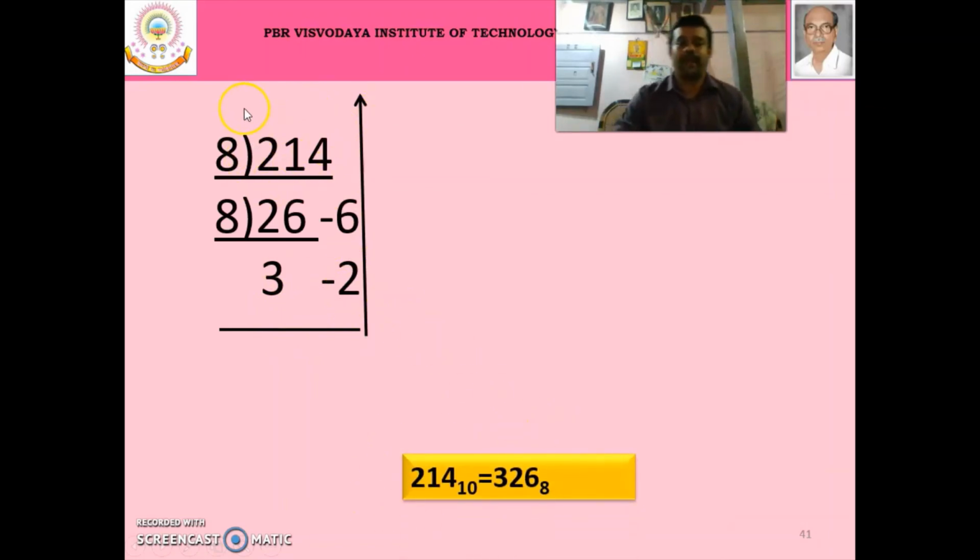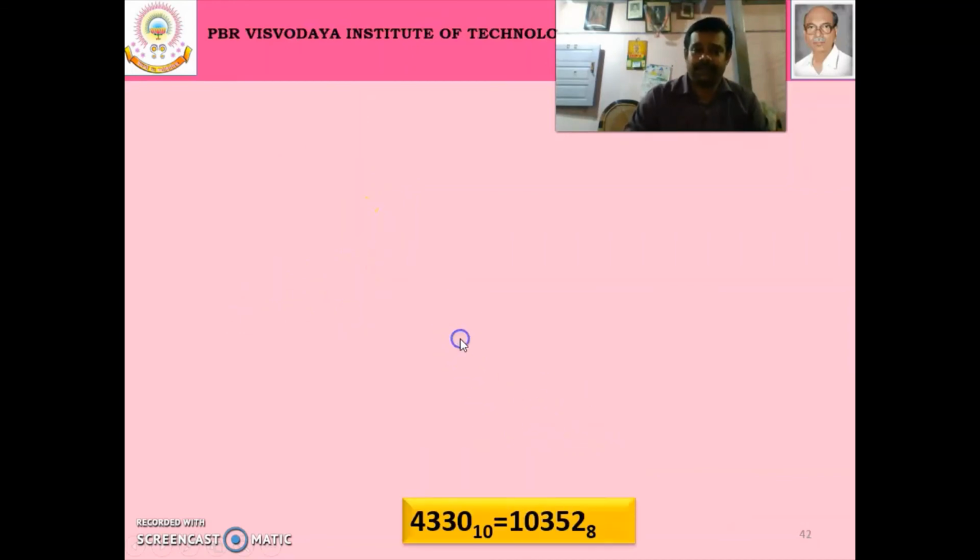So this is a decimal number. That decimal number we have converted into octal. So what we have done is we have divided that number by 8 until we are getting the quotient as 0. Then we have taken the remainders in reverse, and that is nothing but the answer. Next is